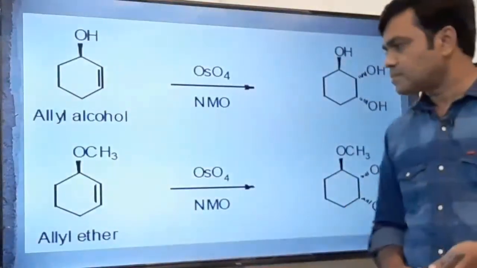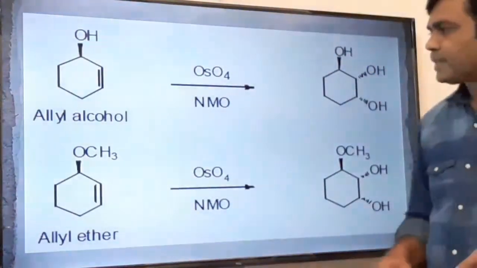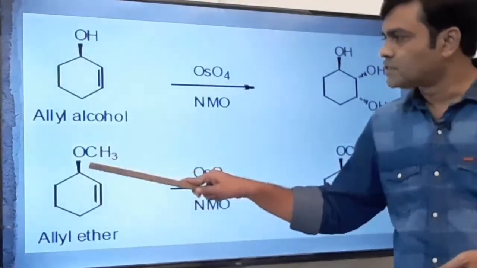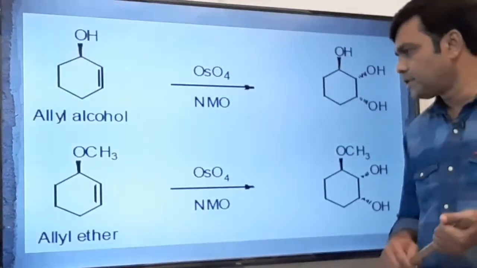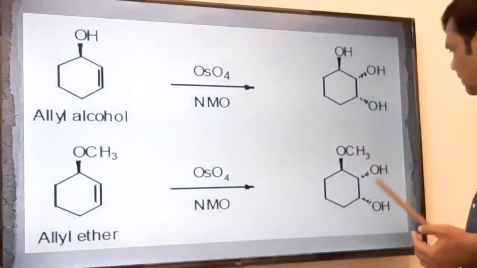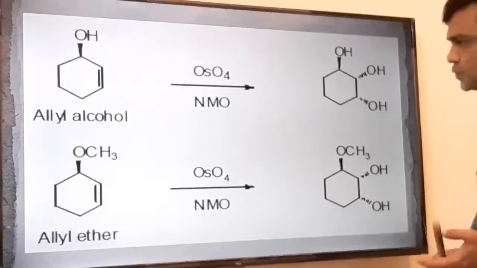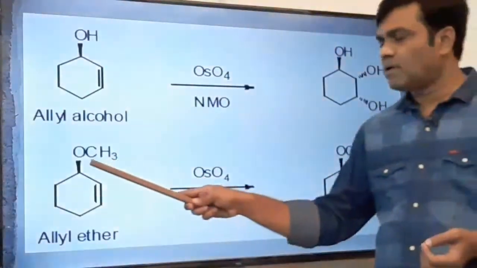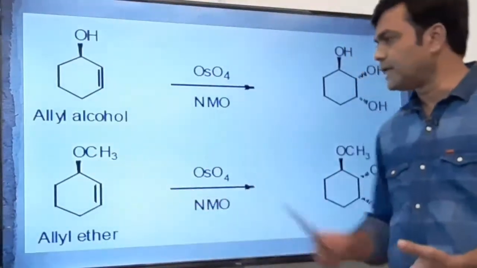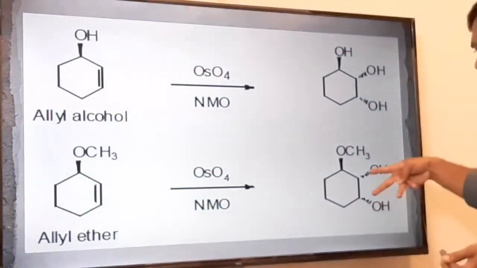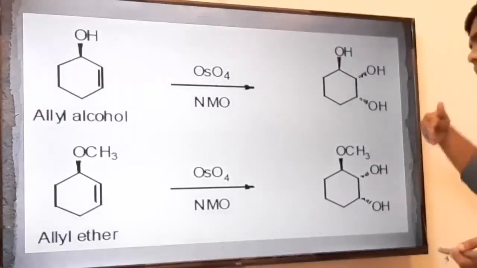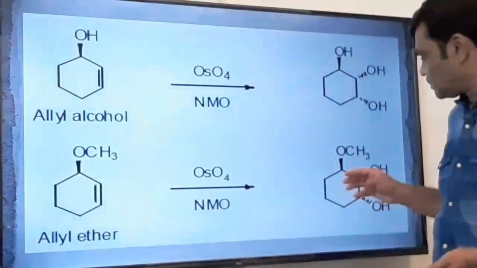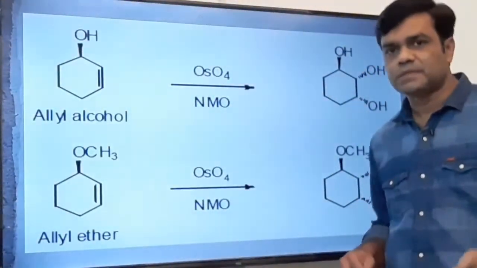That's all. This is an allyl ether. This is the cyclohexyl group, this is a methyl group, and in between there is an oxygen which is sandwiched. So with osmium tetroxide diol formation takes place. Again here I want to show you why these dotted lines are written here, because this methoxy group which is already present on the ring is toward the observer. So in the product you have to write these 2 OH groups from the same side but opposite to this methoxy group, because we know that it is due to the stability.